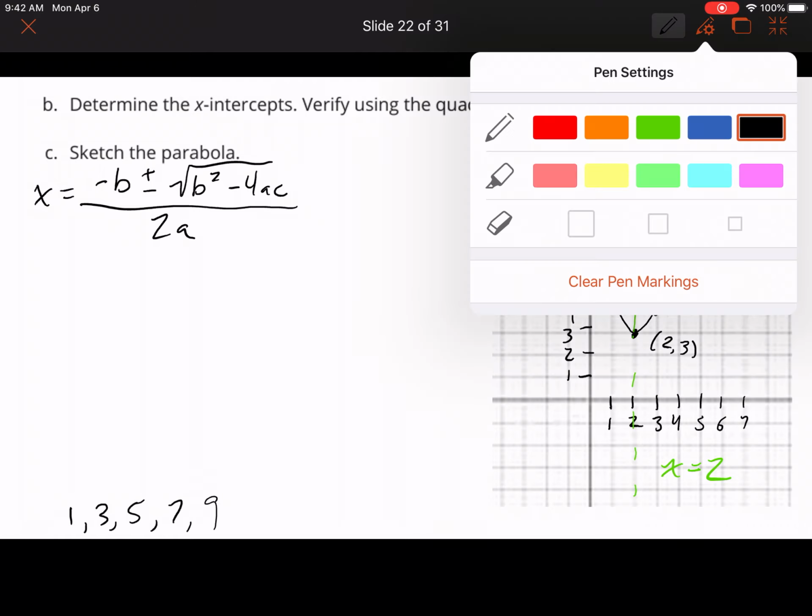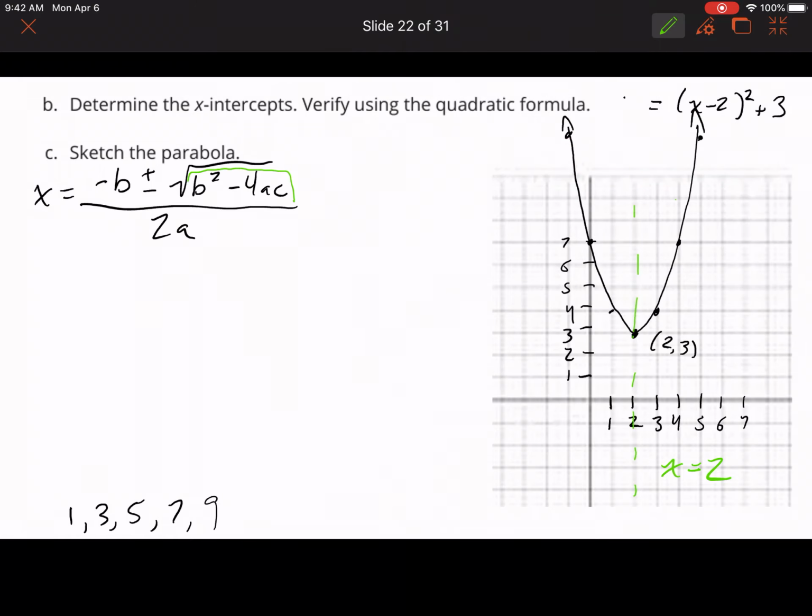And really, all we need is this bit in here, because we know that if this is greater than 0, we have 2 real roots, we're going to cross the x-axis 2 times. If that is 0, we're going to just touch the x-intercept and only cross it 1 time. And if that's negative, then we're going to see, like our chart here, that we're not touching the x-intercept at all. So I already know that that's going to be the answer. But if I use this